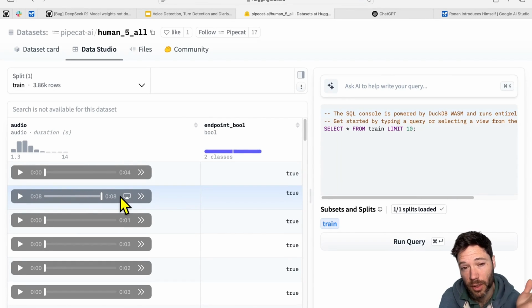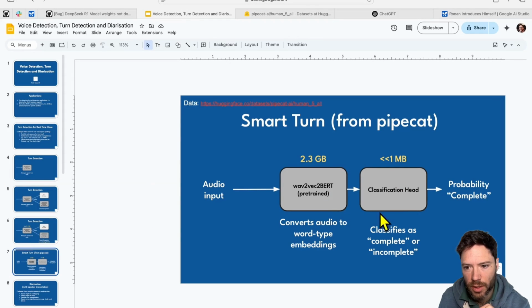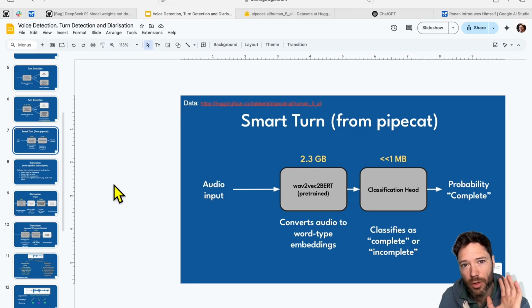Here the phrase ends with "I guess", but that probably means the speaker is finished, so this is marked as being true in terms of completeness. So you can imagine this full pipeline being trained now and generating a model that allows you to classify audio inputs as either complete or incomplete. Now, I'll run through some examples where we'll pressure test the performance of this model, but first I'm going to